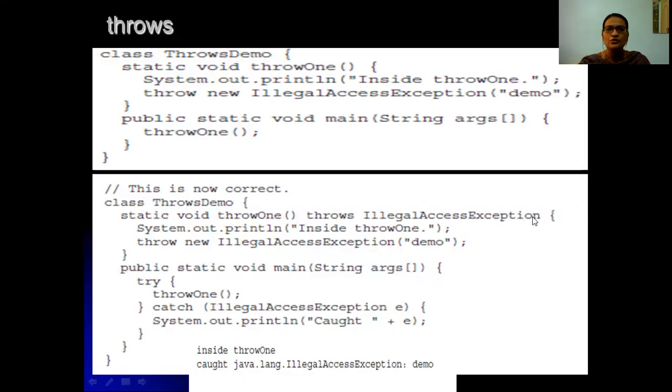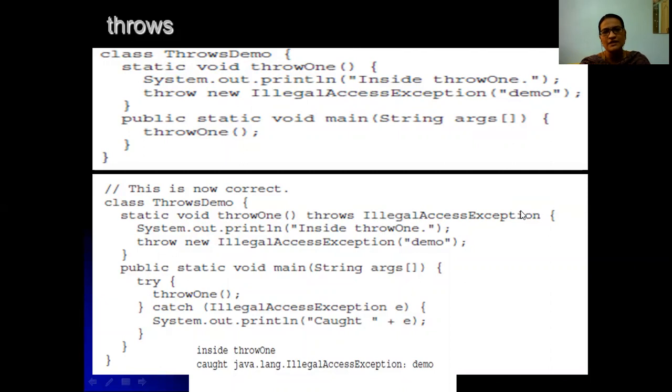As I said, throws is a clause that is used with the method signature. So here this is a method, and it has a signature, that is, it has a return type and does not have any parameter. So this is a signature. Hope you know what the signature actually is. So throws IllegalAccessException.